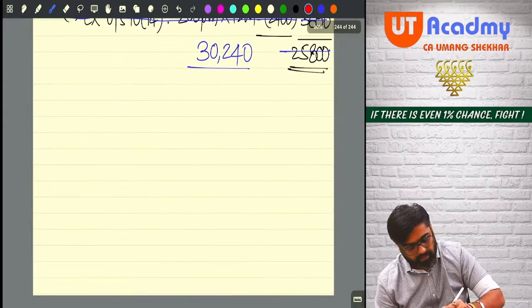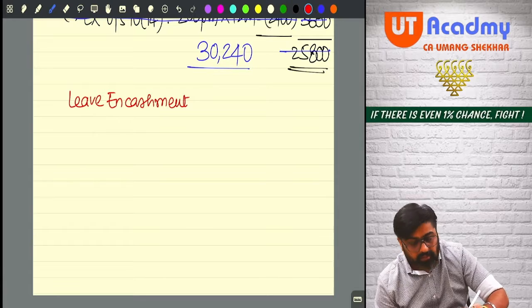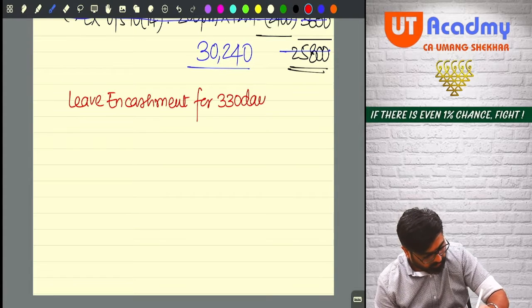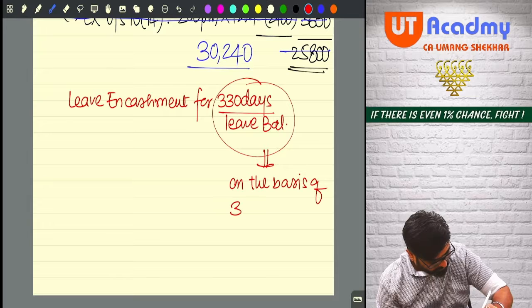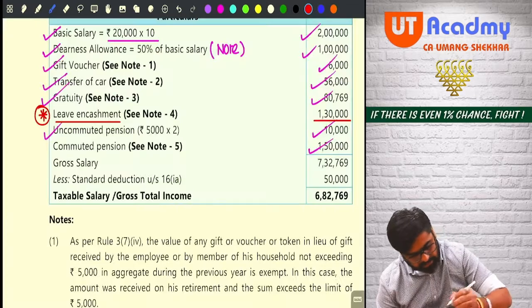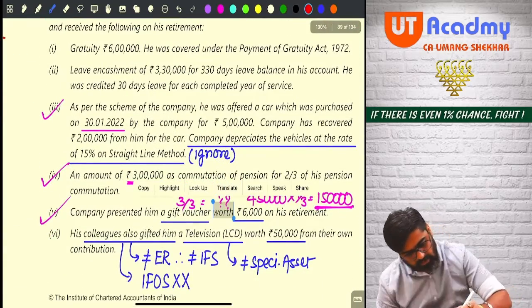See, leave encashment. This encashment is for 330 days leave balance. And this was calculated on the basis of 30 days leave entitlement. No, 30 days was there, no? Yes. 30 days leaves allowed